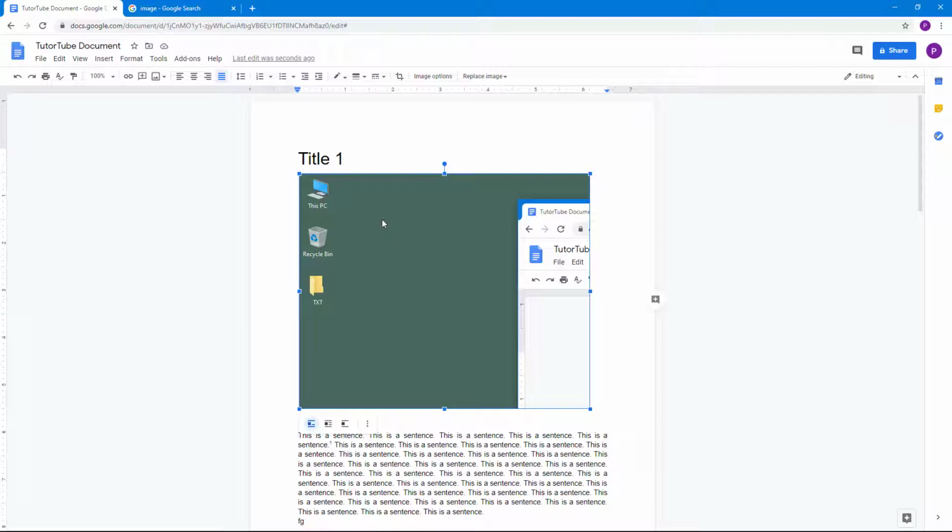And that is how you can insert pictures from your clipboards, and you can insert screenshot inside of your Google